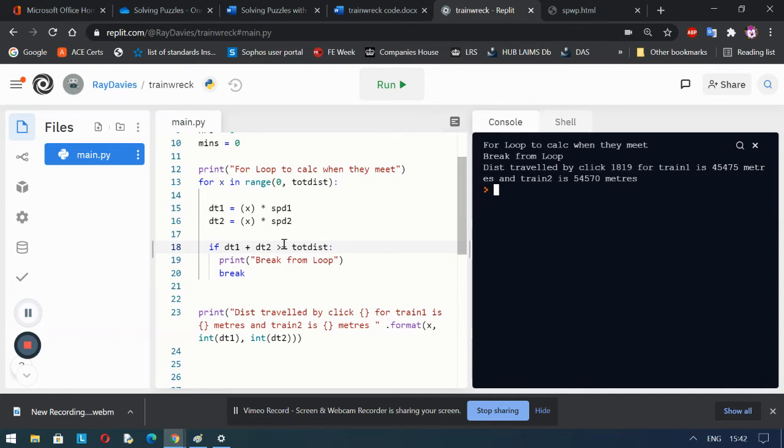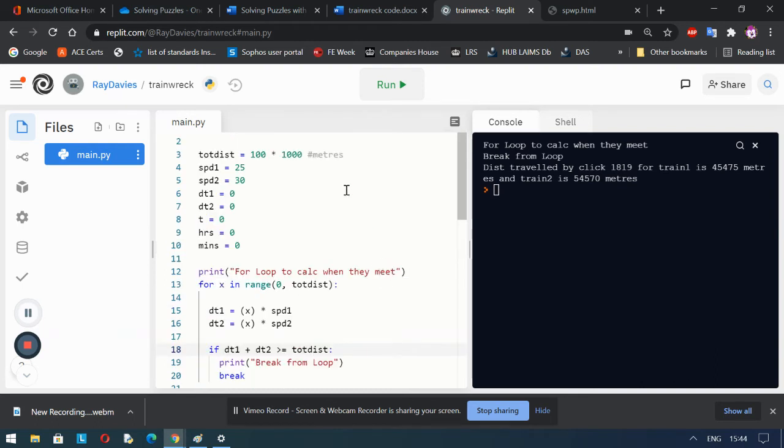That's because we're not actually landing on the total distance. We're actually going past that point, and we're going past that point by a couple of meters. We need to wind back a little bit or compensate for the fact that we're detecting the point after the trains have collided. So let's increase our resolution a bit and see if we can come to a slightly more